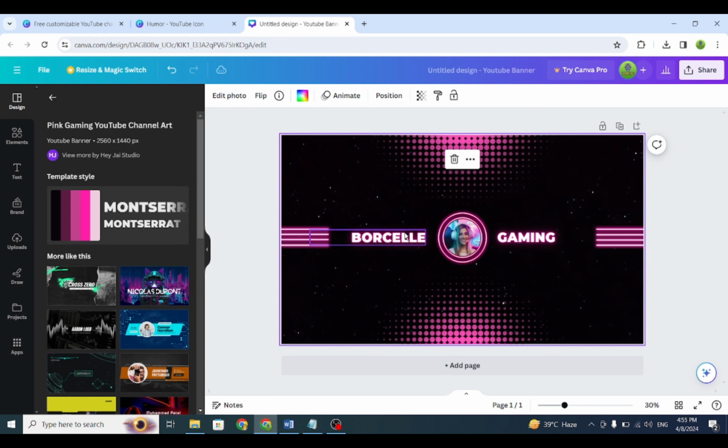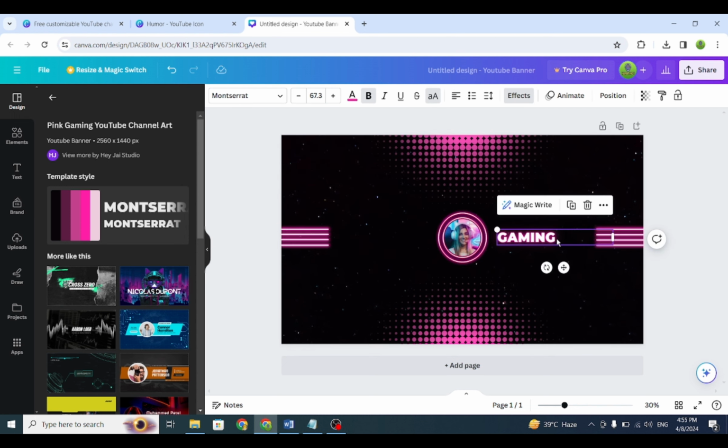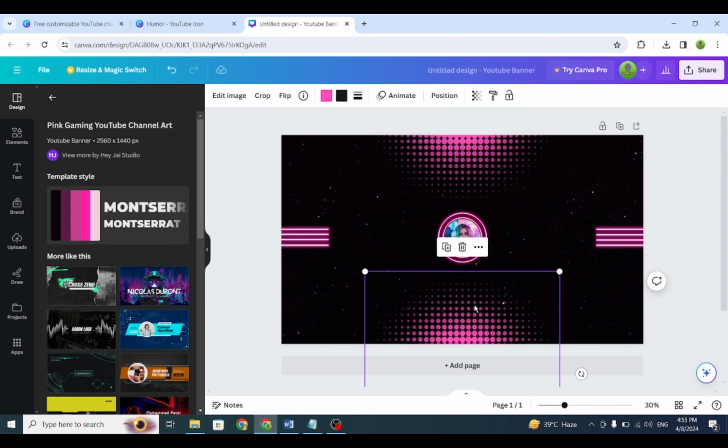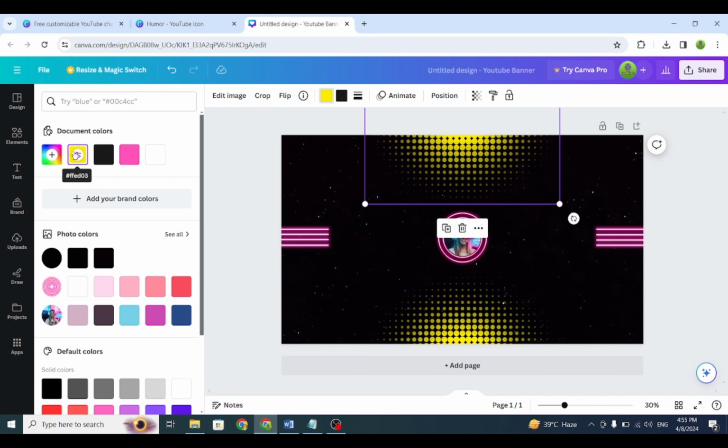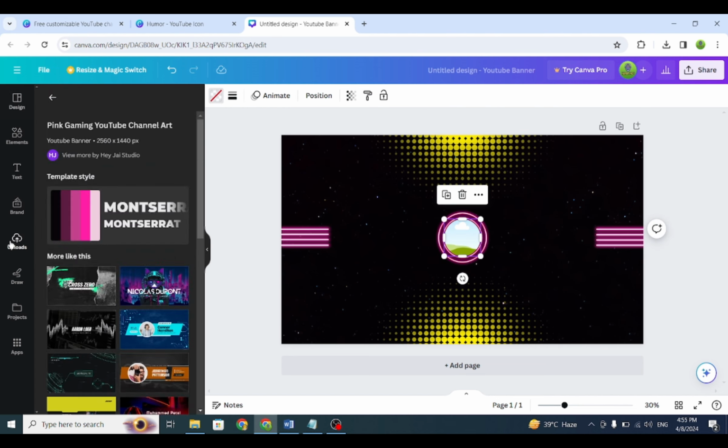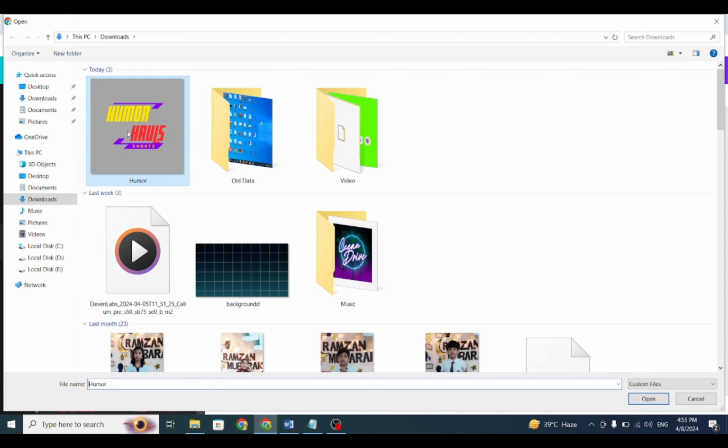Then change the color of this light to yellow. Then I will delete the picture and add the image of the logo in this way.